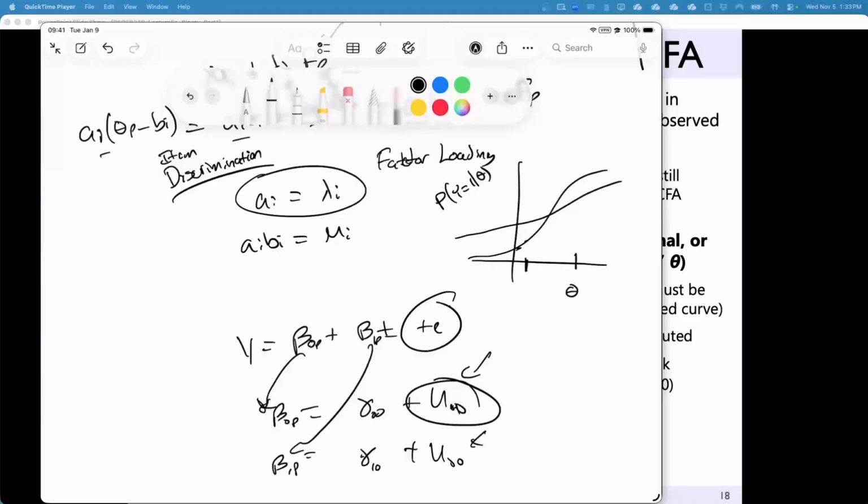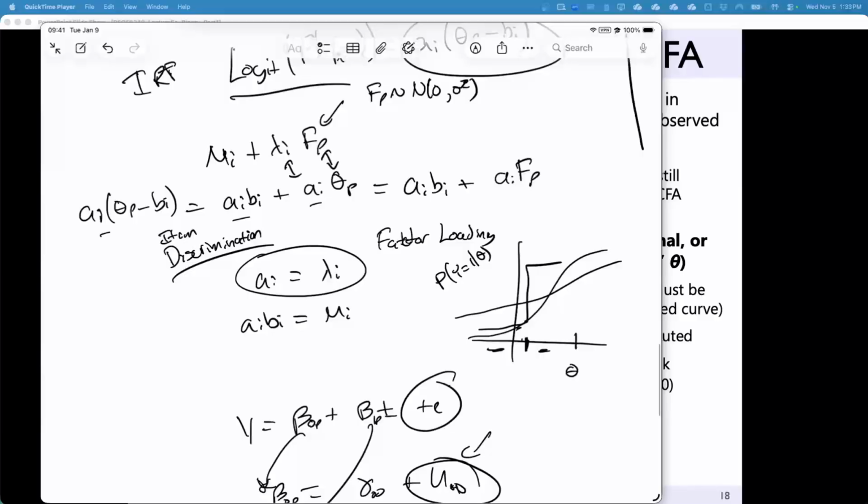So a highly discriminating item, like the most discriminating item, would look like a step function, right? What I mean is, below this part of the step, the probability is very low. Then above the step, it's very high, but that step itself is very narrow. It's not a very big step. That's why the term discrimination is there. Again, not a great term.